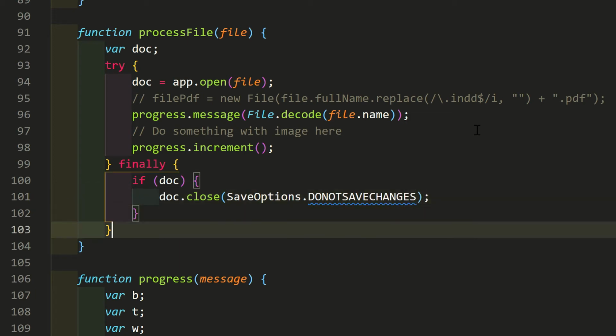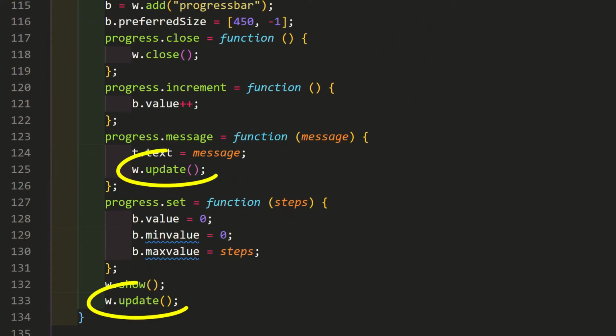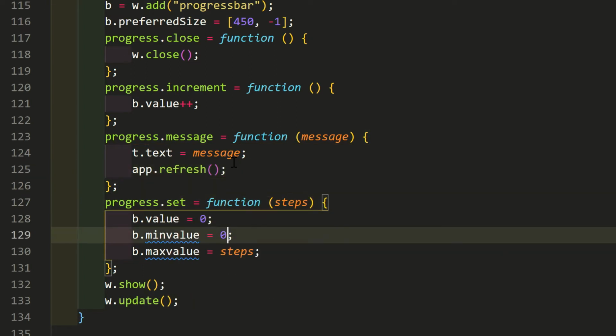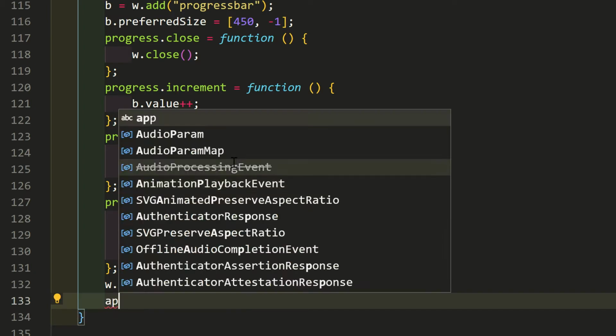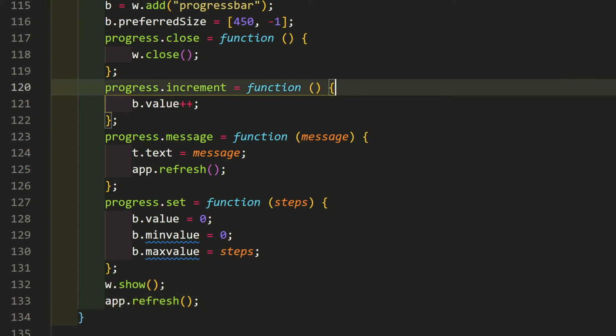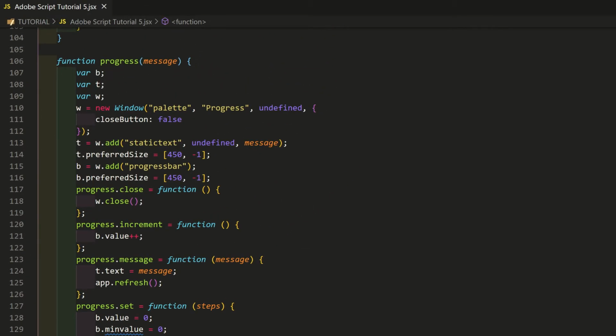The last changes are in the progress function. Photoshop does not have a window method update. Or it might, but it has no effect. To get a similar result, use the Photoshop app method refresh in its place. You don't actually need this in Windows, because Photoshop updates the screen for each image opened. But not Mac OS. The progress bar and image never appear. The script might run on either platform, so better to add app refresh.